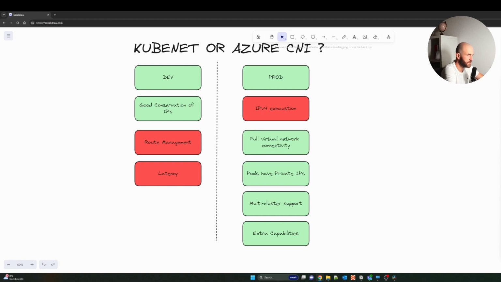Compared to Azure CNI, KubeNet needs an extra hop, which can introduce some minor latency. And also, I would say that Azure CNI supports complete network topologies, such as virtual nodes or Azure network policies. Finally, one important thing: with KubeNet, you can't work with Windows node pools. So if you want to run Windows containers, you will have to use Azure CNI.